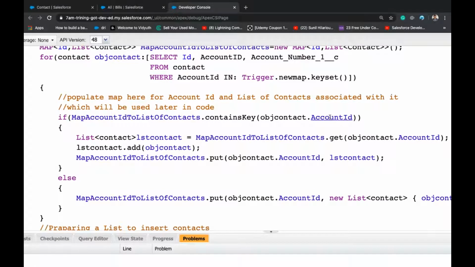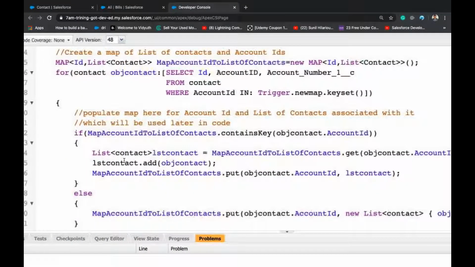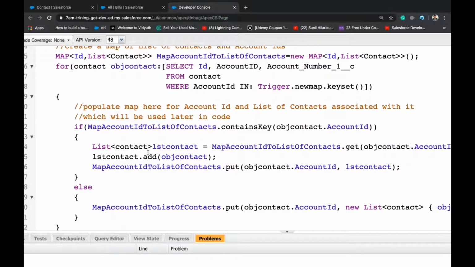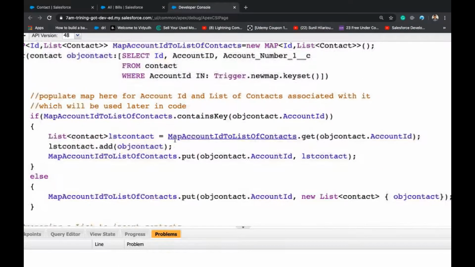So if it contains list of, okay, we are not stopping the user, but we are checking if it contains, then list contact. So you should follow the naming convention. Naming conventions are not good here. So please change to the required naming conventions when you try this.